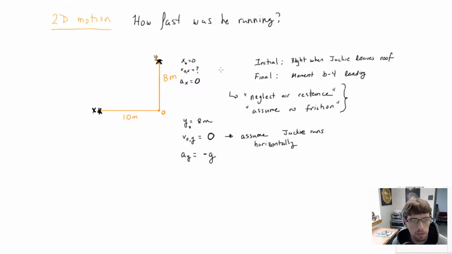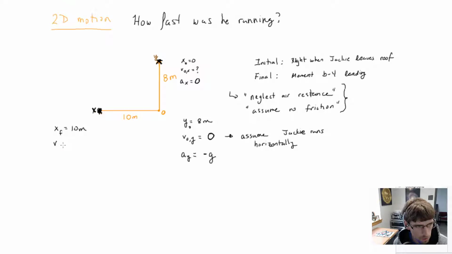Just so that we have a nice separation. Now let's go ahead and do it for the final state over here. So right when he lands, we have the x component, final. Well, we had that as 10 meters. We have our speed in the x direction,